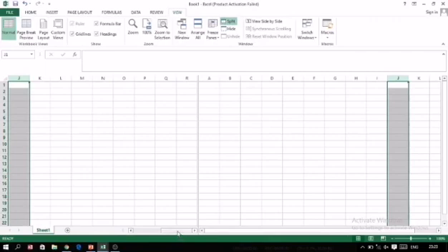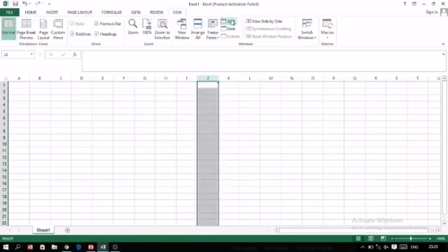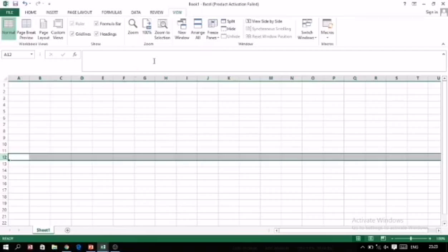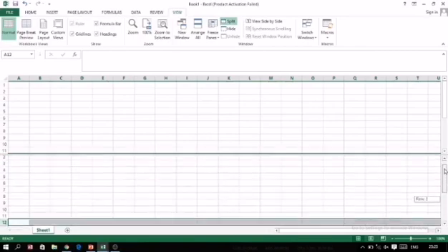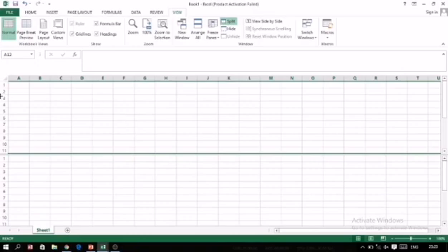As we are moving, it is coming from A B C D columns. The window is divided into two parts, that is A B C D and E F H, and in the same way it is coming like this. So the window is divided in two parts. Again click on this button and it will remove the split. If you want to divide it from the row, then select a particular row, click on Split, and then the window is split. Now you can see that the rows are coming from 1 2 3 4 5, and again it is coming 1 2 3 4 5.